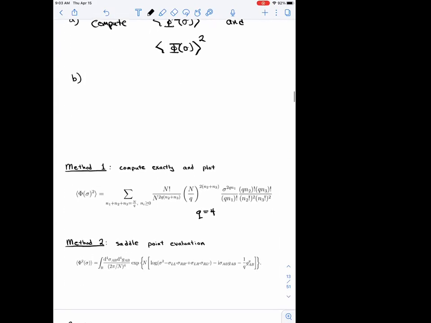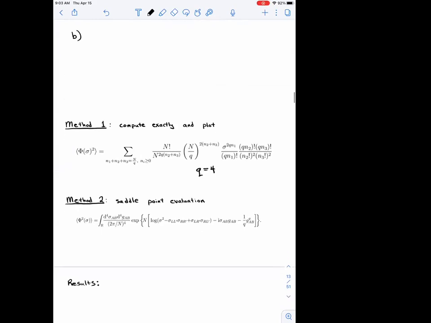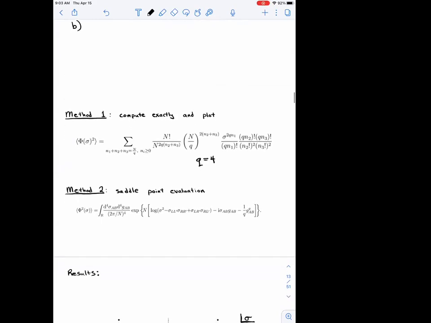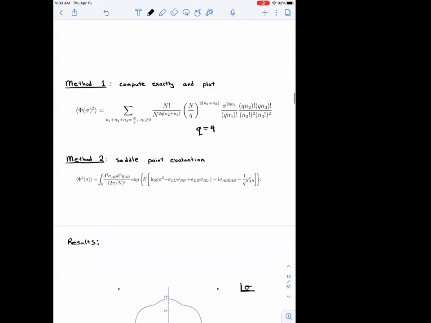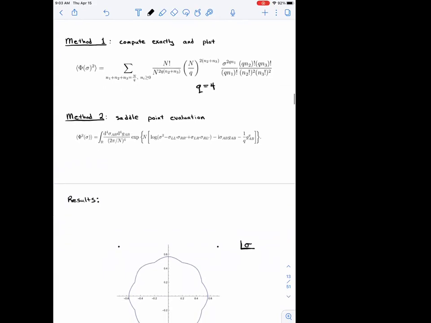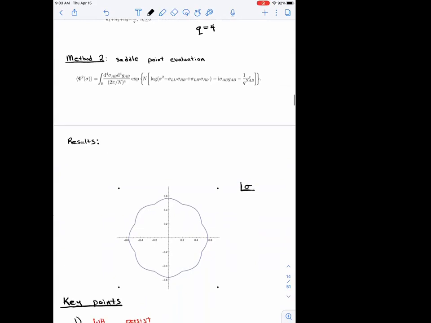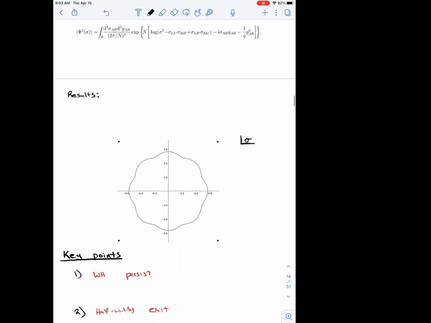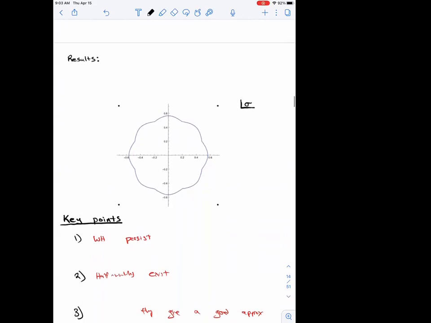And so here's what you do. You just compute this in the average theory, and that's not so bad. You can write an exact formula for phi of sigma squared, or you can do some saddle point evaluation. In the interest of time, let me skip the details of that and just plot for you the answer. The answer is that the complex sigma plane looks like this, and this region is non-self-averaging, and this region is self-averaging. So phi squared is much bigger than the average of phi, squared in the interior of the blue curve, and they're about equal on the exterior.